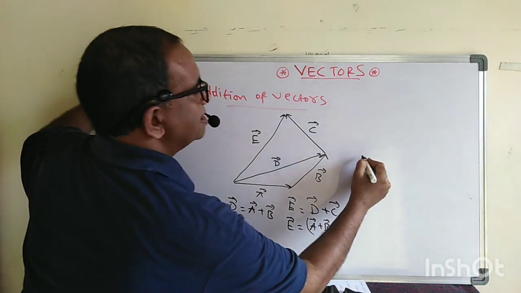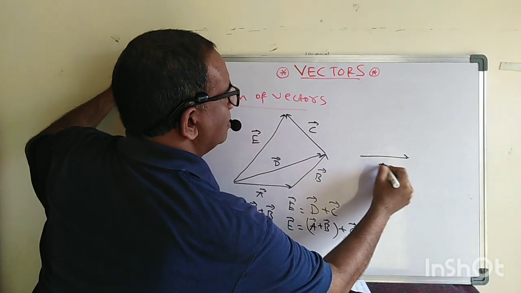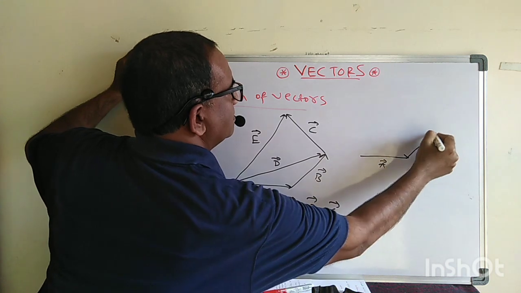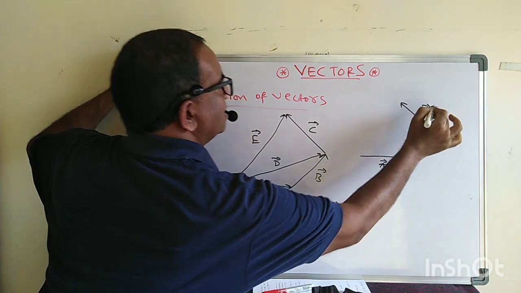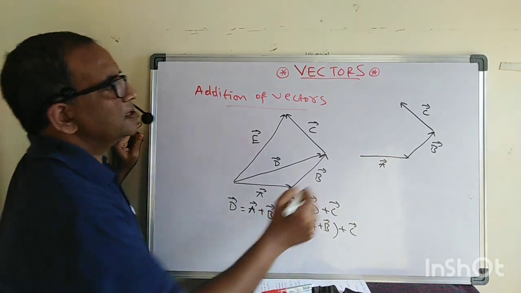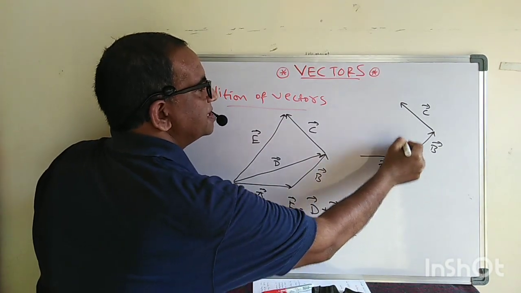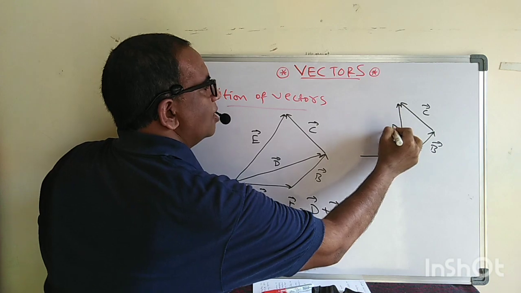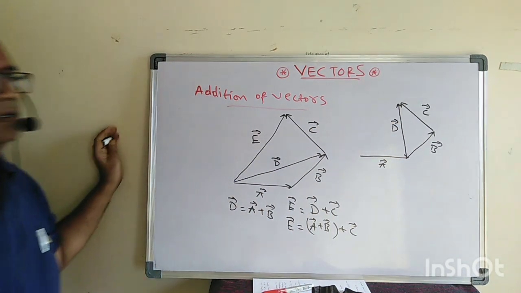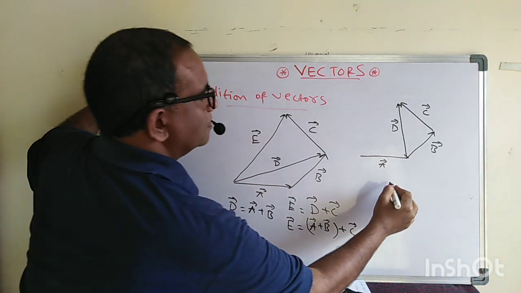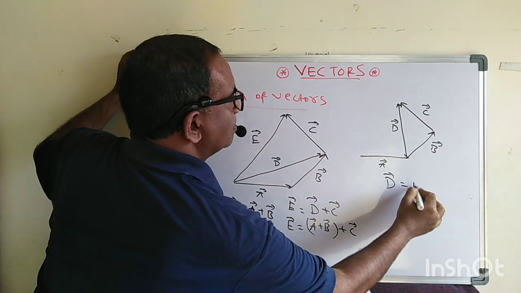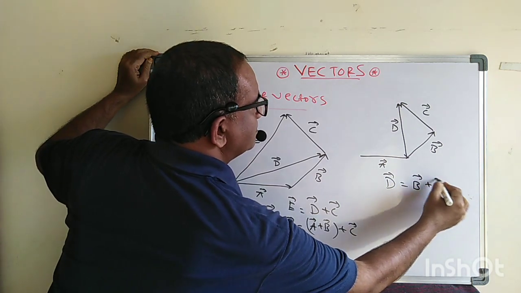Let us see carefully. This is A. Okay. See, this is B. Now let us take the vector C, and this is vector C. Okay. Now see carefully. Let us add B and C first. So let us call it D for the time being. Now tell me what is this D here? Okay, see D is nothing but B plus C.